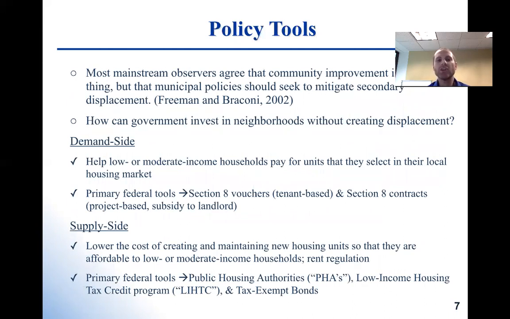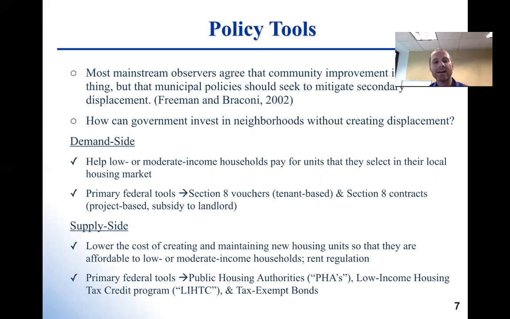But despite this negative outcome of gentrification, most government leaders and academics still agree that community improvements are extremely important. We want to promote economic development, we want to promote economic growth, but there's just increased attention for specific policies to not only promote economic growth, but to also help mitigate some of the negative effects, such as displacement among the poor residents in their jurisdiction. So there are a lot of different policies that governments, local or federal, can use to try to protect vulnerable groups in areas that are undergoing gentrification.